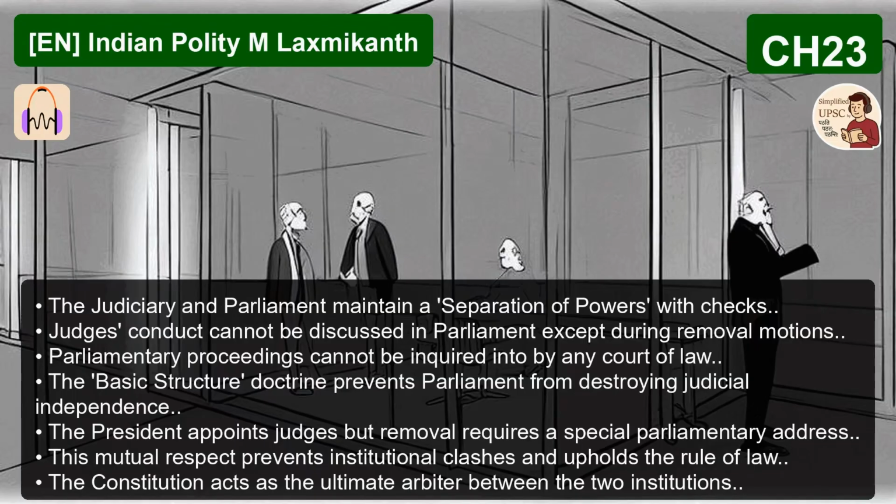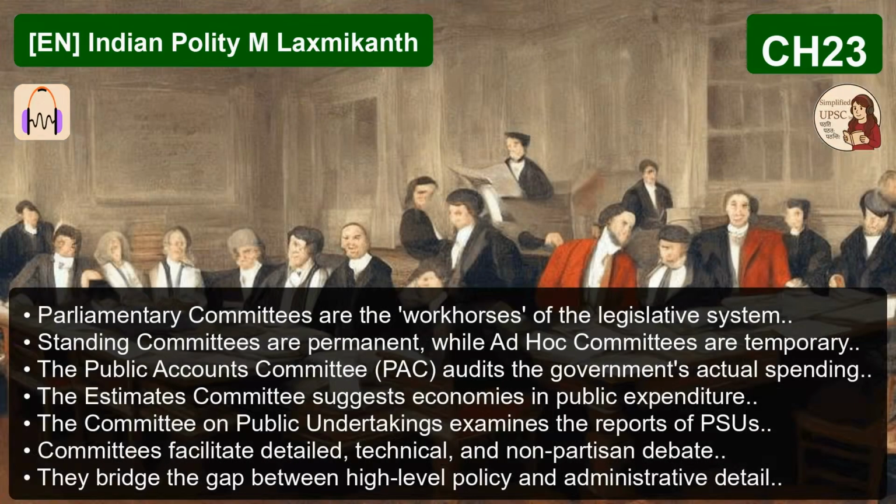The provision for a joint sitting is a mechanism built into the Constitution to resolve disagreements on an ordinary bill or a financial bill. It's crucial to know which bills this does not apply to, as the exclusions say a lot about the power hierarchy. Right. It explicitly does not apply to two crucial types of bills. First, money bills. The Lok Sabha has overriding powers there, so a joint sitting is pointless.